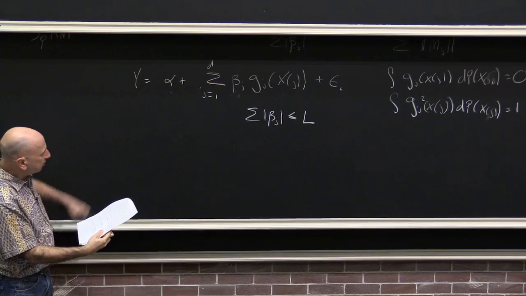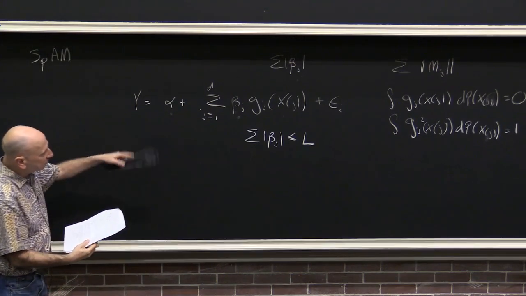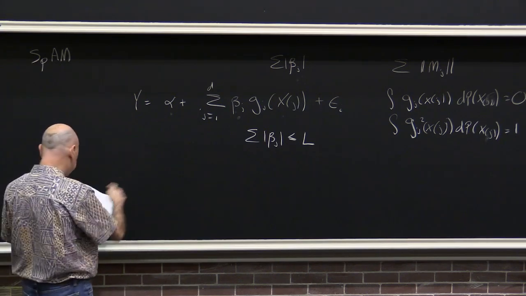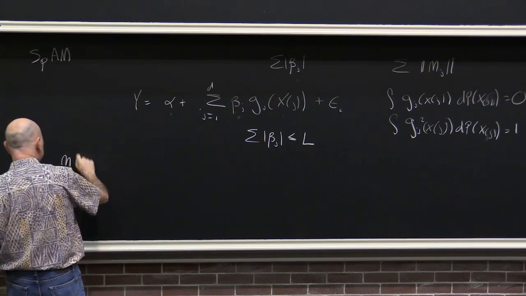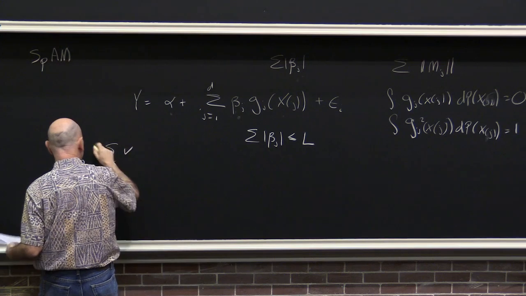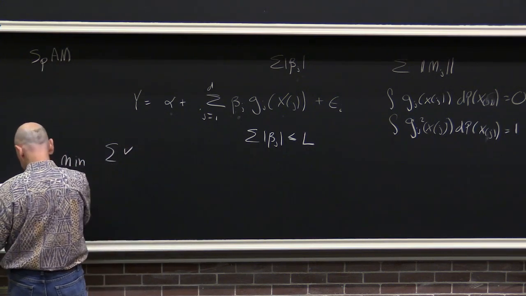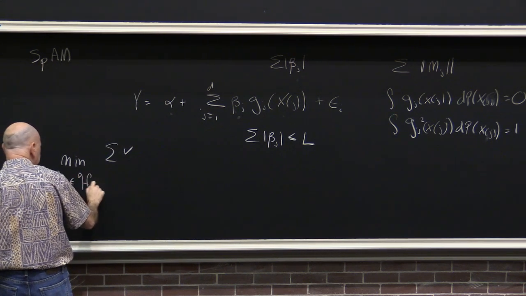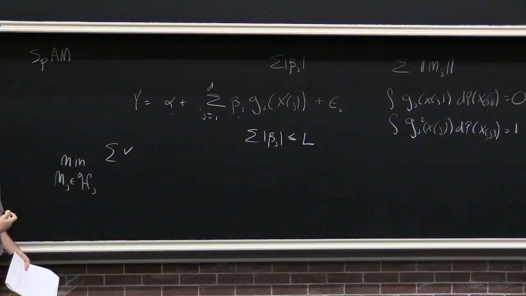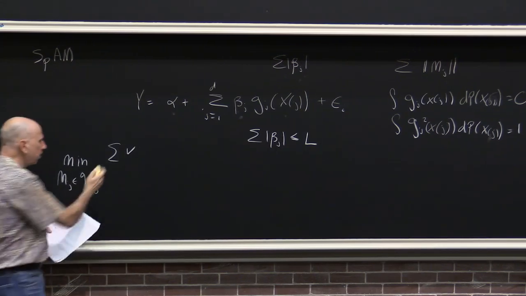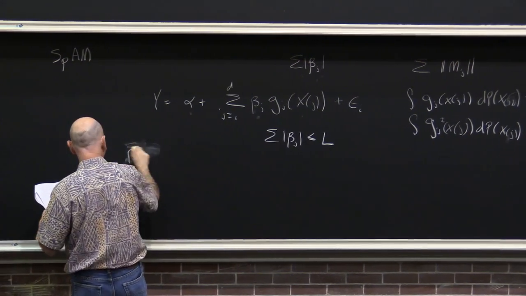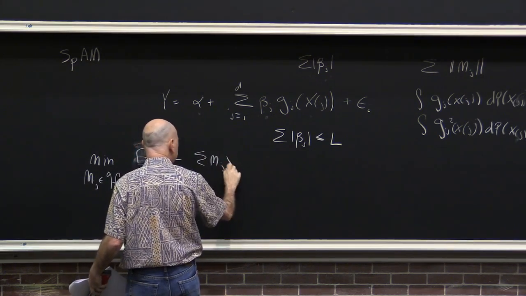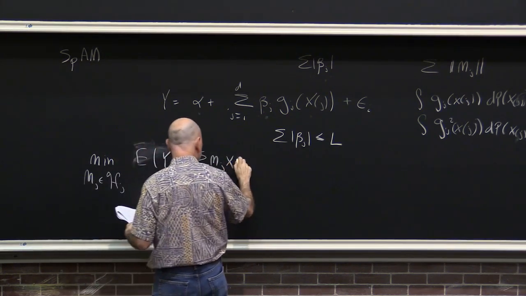And in fact, you'll notice I re-expressed it. I'm trying to link it here with the L1 stuff that you're used to. But if we now write it in terms of functions, we actually get the following algorithm. Minimize over all functions m_j in some space. I'm going to write h_j, but it doesn't have to be a reproducing kernel Hilbert space. It's just some smoothness restriction. We're trying to minimize y minus the sum of m_j of x_j